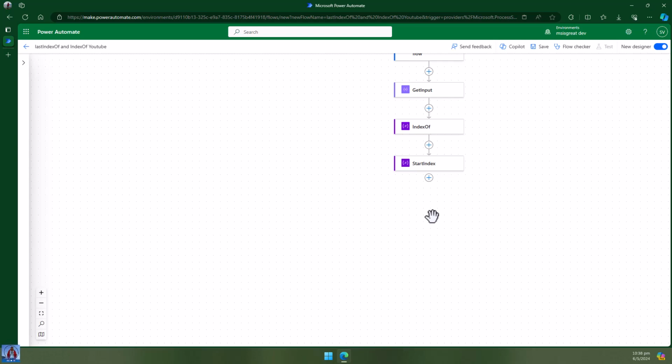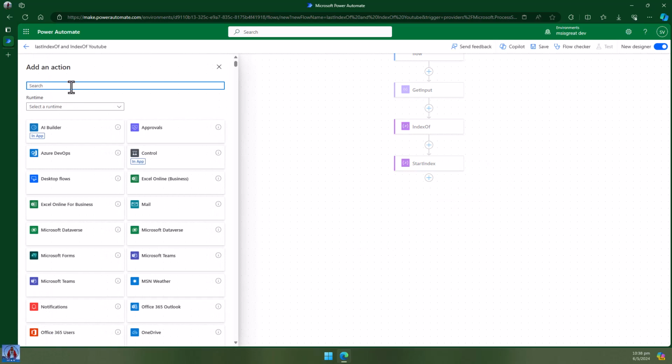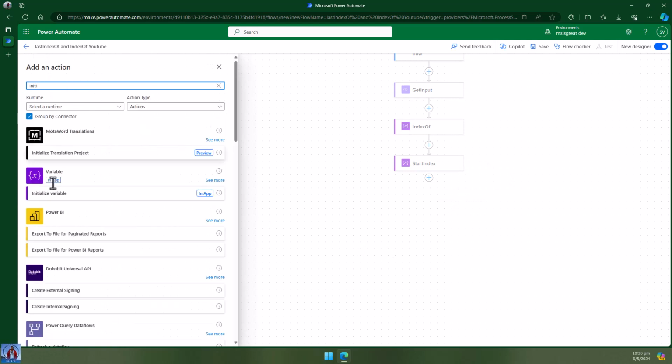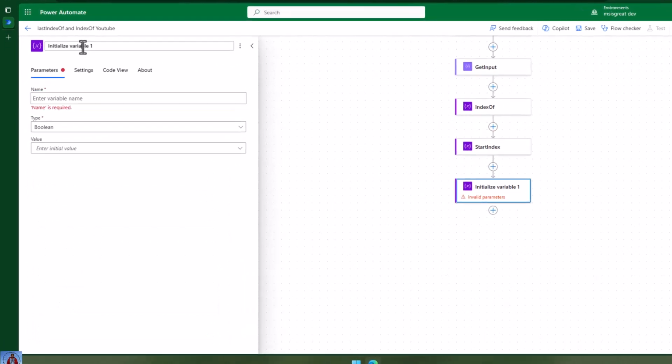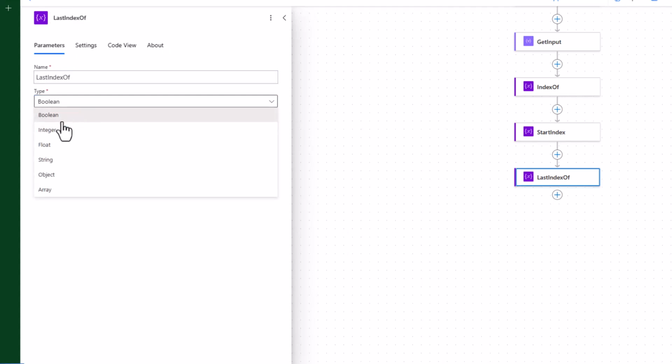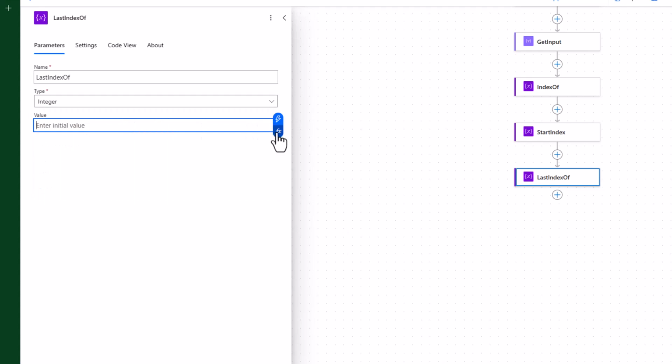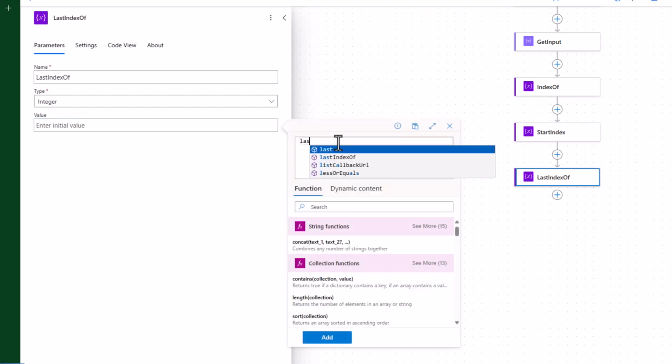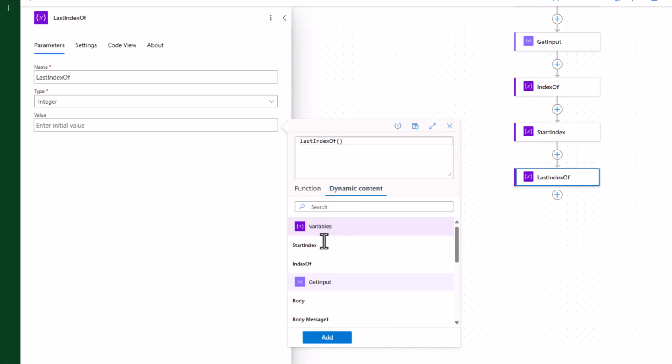To get the string out of it, we need the length. To find the length, I'm going to use the lastIndexOf. So again, I'm going to initialize a variable. The variable this time would be lastIndexOf, and this is again an integer, and here again I'm going to declare a formula which is the lastIndexOf. Here the same dot, go to the dynamic content and use the body message,